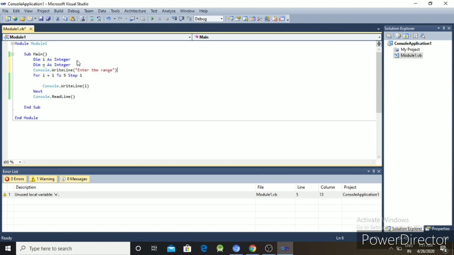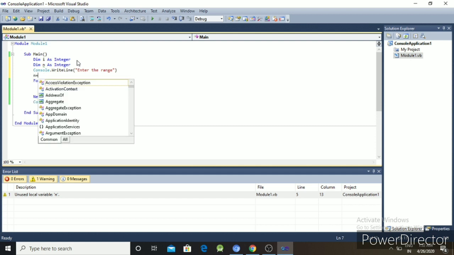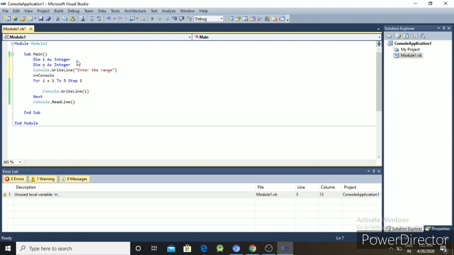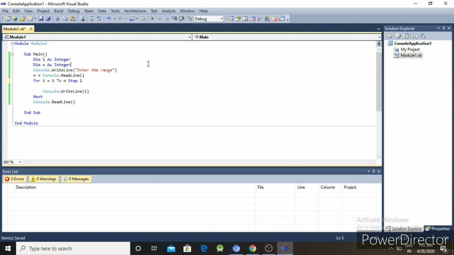Okay, then n equal to Console.ReadLine to input the range. Okay, so here is the range of n.